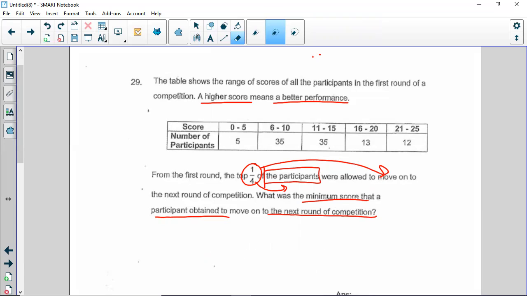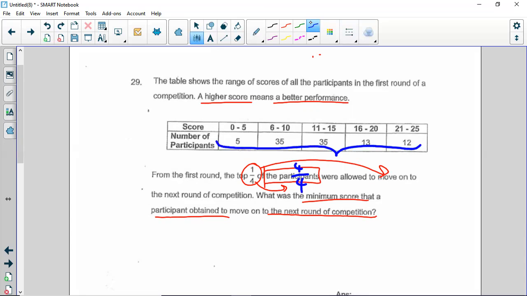So the participants, which is everybody, must be what? Must be 4/4 or 4 units. Okay, so this is 4/4. All the participants is 4/4, which is how many people? How many people are there altogether here? So you add up the numbers. So you have 5 plus 35 plus 35 plus 13 plus 12, which is 100. So there are 100 participants